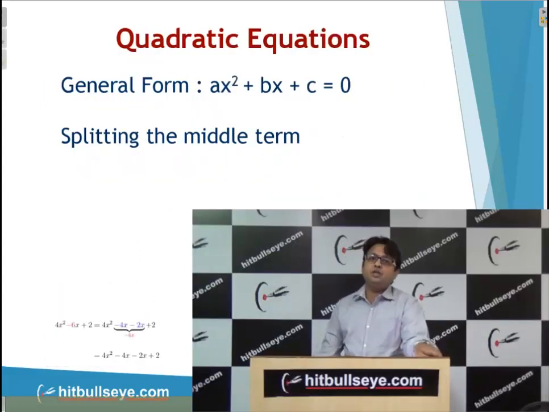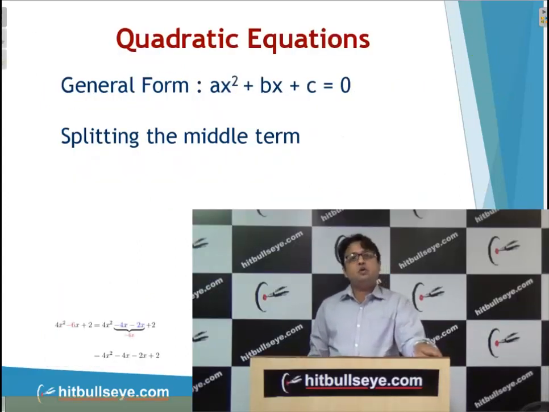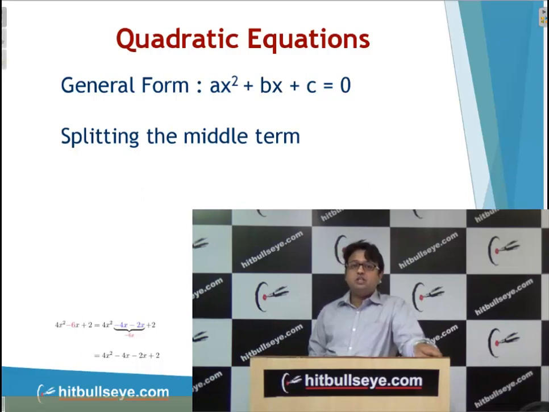After learning linear equations, students, now let us learn the quadratic equations. As I told you, linear stands for degree, here quadratic also stands for degree. Linear means degree 1, quadratic means degree 2. So the general form of the quadratic equation, if we take the variable as x, becomes ax square plus bx plus c equals to 0, where x is a variable and a and b are the coefficients and c is the constant. Now let us see how to solve a quadratic equation.